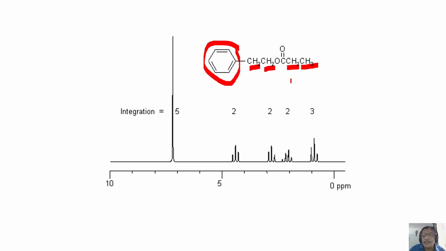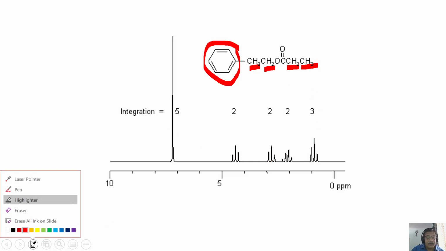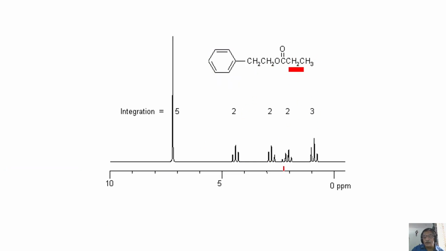What are the intensities? Here there are 3 protons. We got 3 here, and then we have 2 protons here. We get 2, another 2, another 2, and this is the phenyl ring. 5 protons. Intensity is 5. So the relative intensities are matching, agreeing with that. There is no problem at all. Your interpretation comes to deciding which is which, especially the CH2 protons. This CH2 is attached to O. This CH2 is attached to C double bond O. Your assignment of this CH2 and this CH2 is something which you have to see carefully. Apart from that, rest is simple.